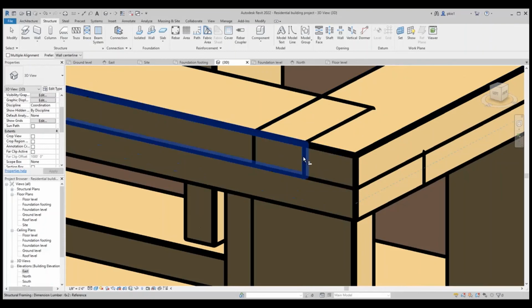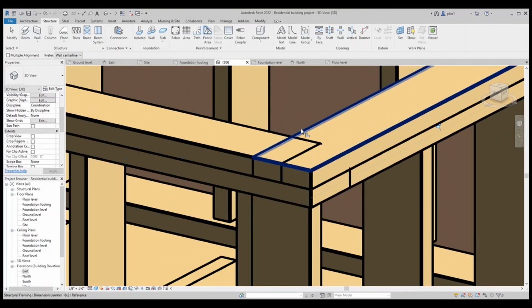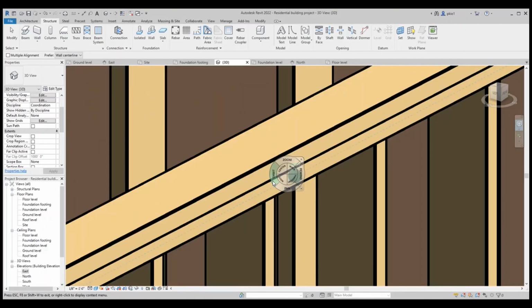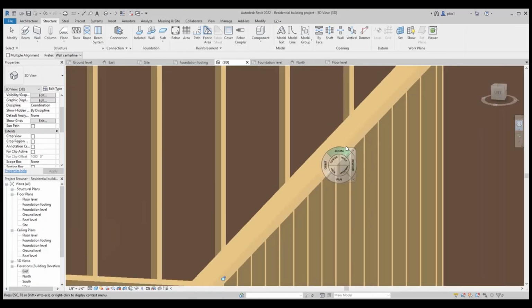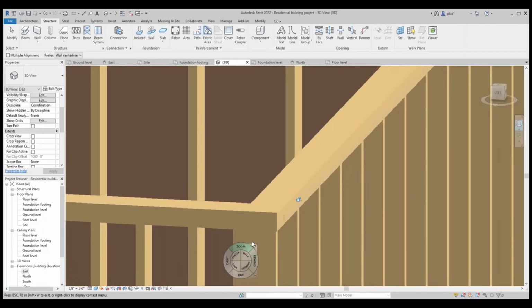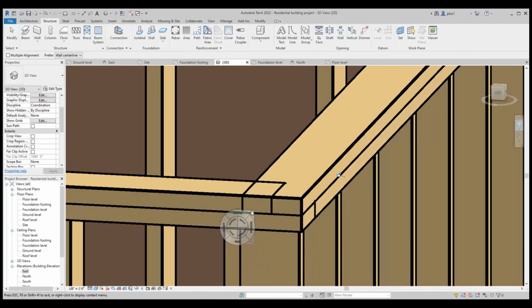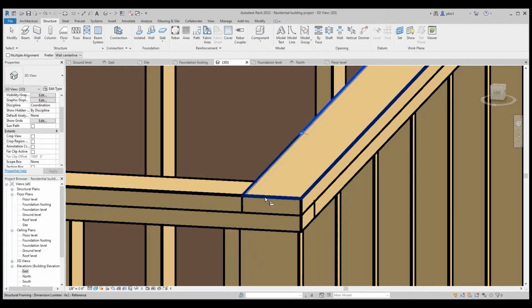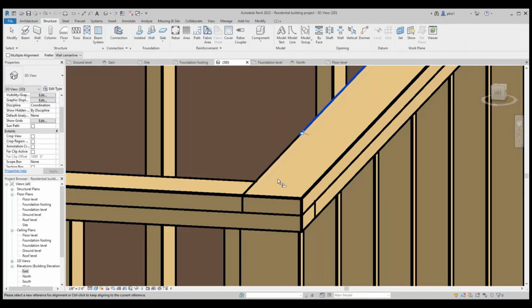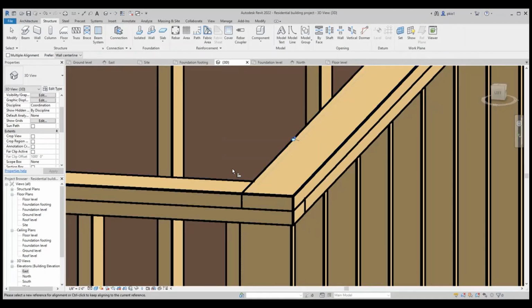select this edge. Center. This is the edge we're working on. So select this edge. So go to tab if you want to change it. So click on it and this edge. So that is how the joints meet each other. So this is the end of step 1.